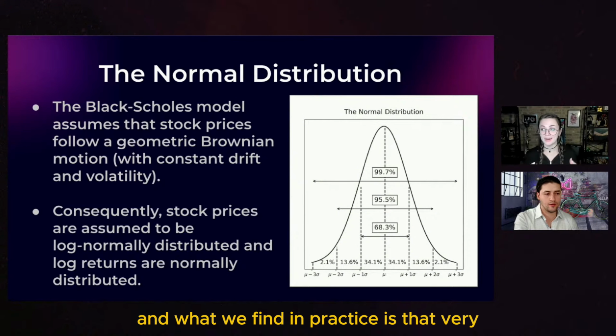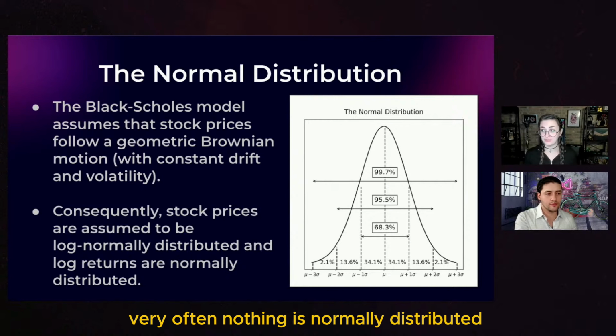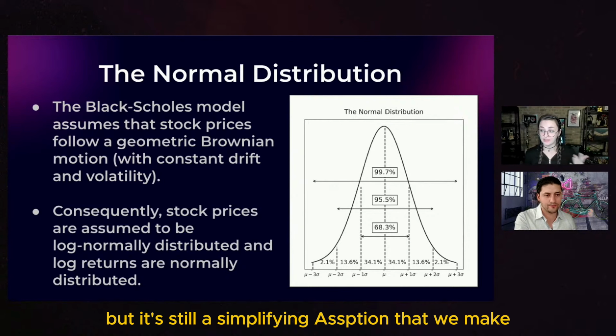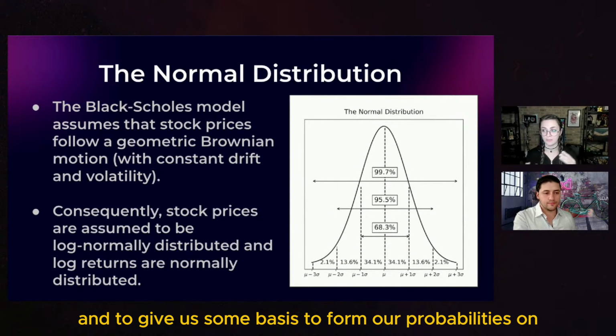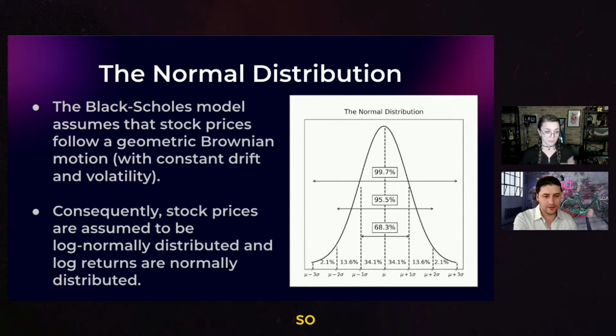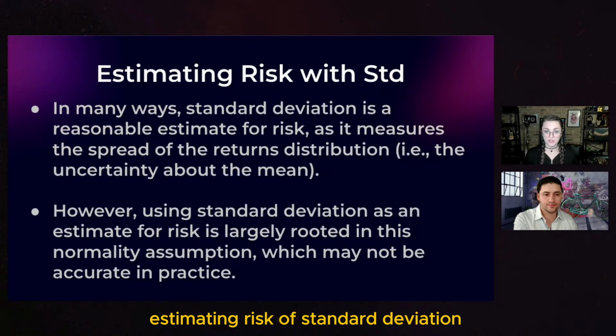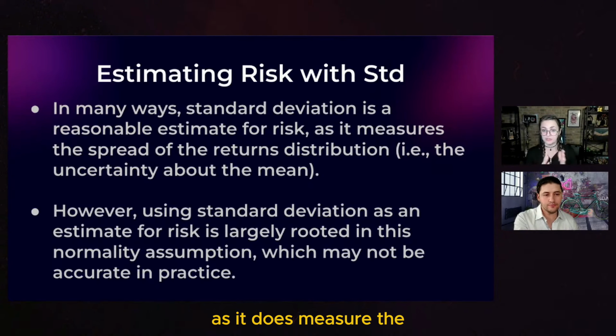And what we find in practice is that very, very often, nothing is normally distributed. But it's still a simplifying assumption that we make to make the math a little bit easier and to give us some basis to form our probabilities on. Make sense? Yep. So estimating risk with standard deviation is a reasonable estimate, actually, as it does measure the spread